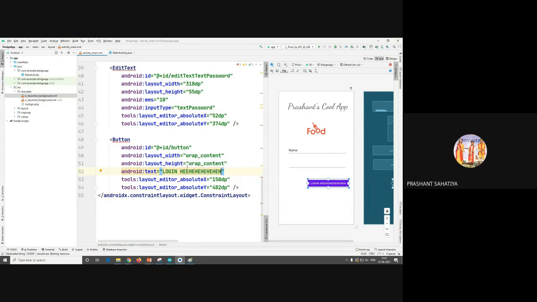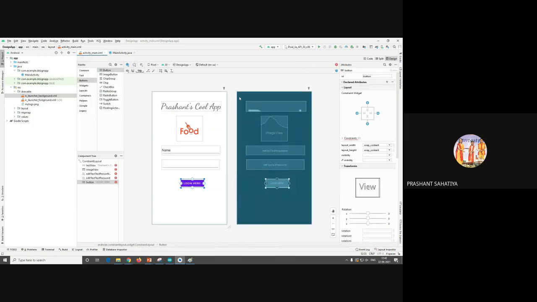Okay, but my personal suggestion is use wrap content because जितना content होगा उतने हिसाब से वो show करेगा height and width. Okay, so I'll remove this portion. Log in here. Okay, that's it. Fine. So this is what I have designed. I want to put here one more thing, that is if you are a new user, then create account or whatever the button is. Okay, this is, I'll go here.